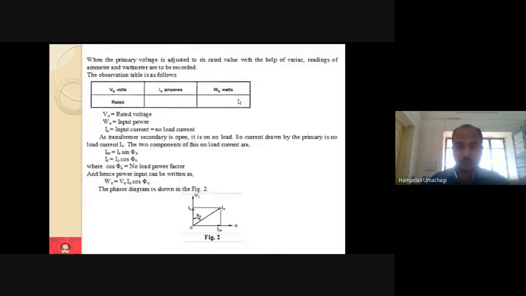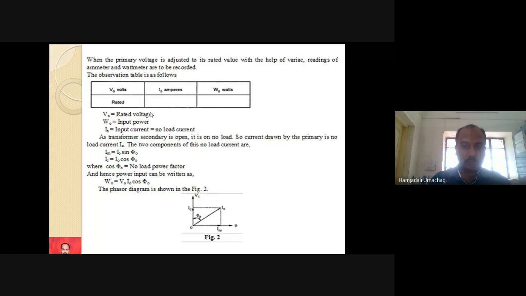Right. So now V0, W0, I0. Using W0, V0, I0, you are going to calculate the magnetizing component Im and the active component Ic. Im is given by the formula I0 sin phi naught. Ic is given by the formula I0 cos phi naught. Now, how to get the value of this phi naught? The value of phi naught can be calculated using the information of no load power, that is iron loss. What is the formula for iron loss? Iron loss is given by W0 equals V0 I0 cos phi naught.